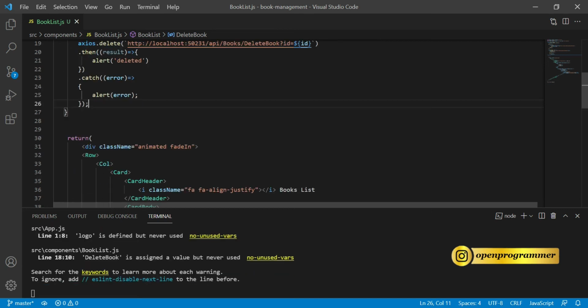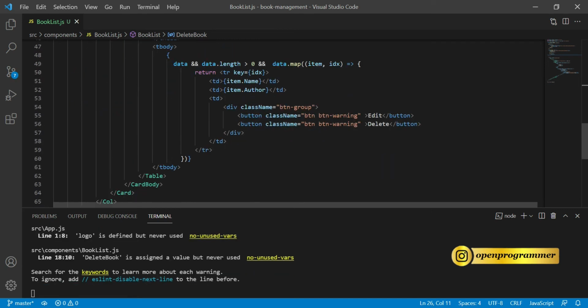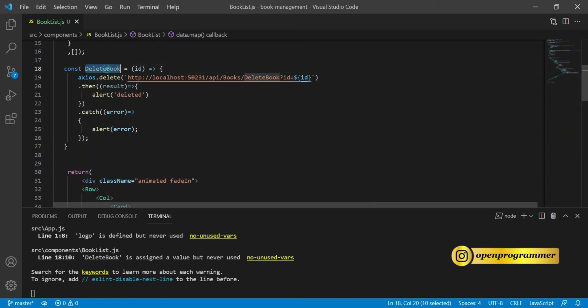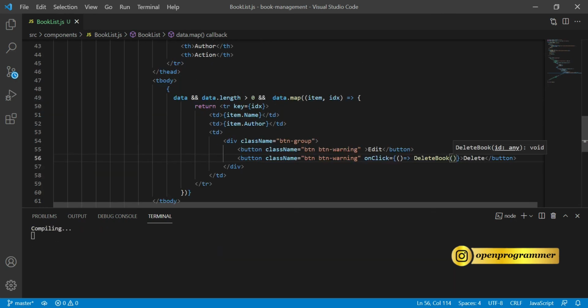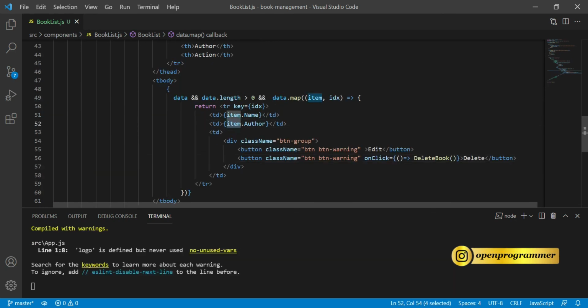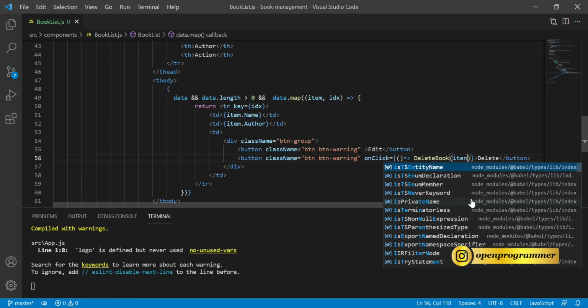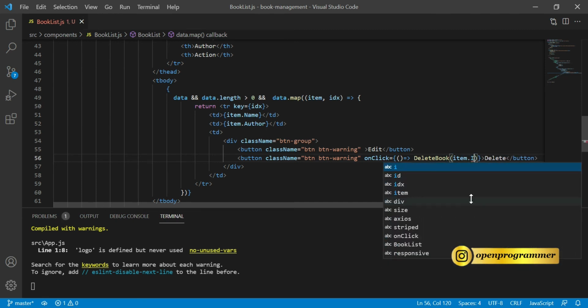Now we need to go to the render part. Here in this button, we need to declare our on click event. Let's copy this method name, and here declare an on click event, so on click, delete book, and it will take the ID which is coming from this item, item dot ID.